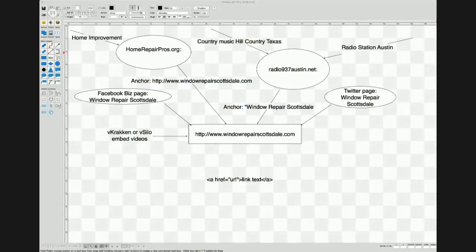Otherwise, we couldn't link from our own Facebook business page to ourselves, which wouldn't make sense at all. So it mostly comes down to when we have PBN sites, we're really building a network of links that we want to worry about that privacy protection.